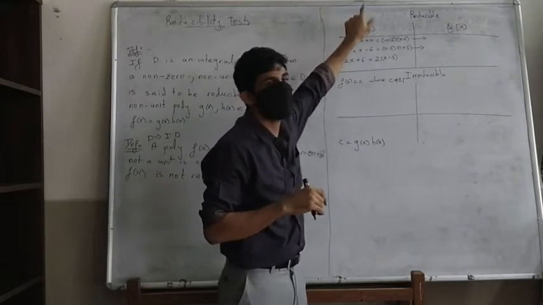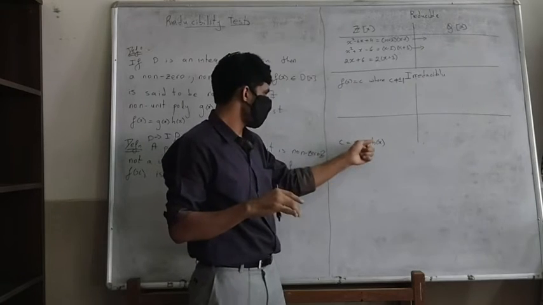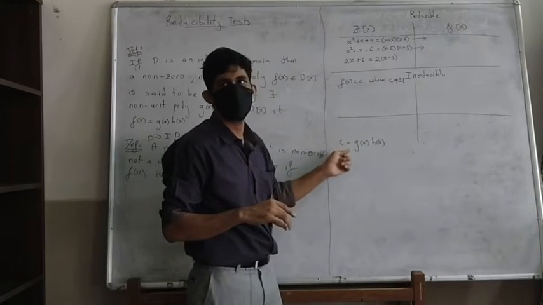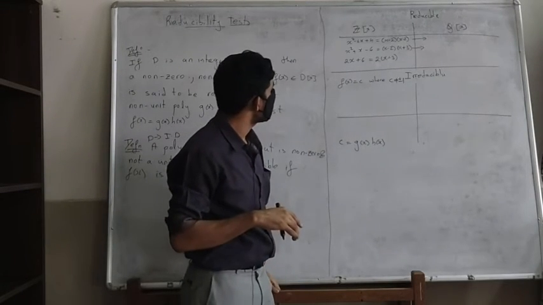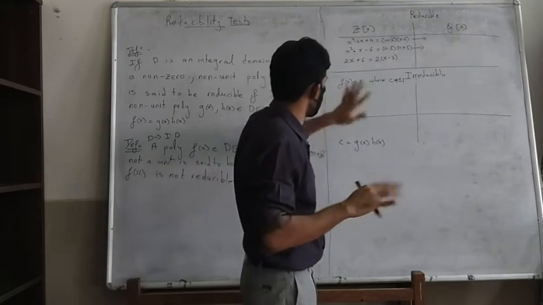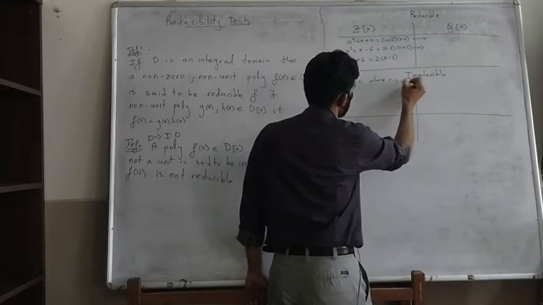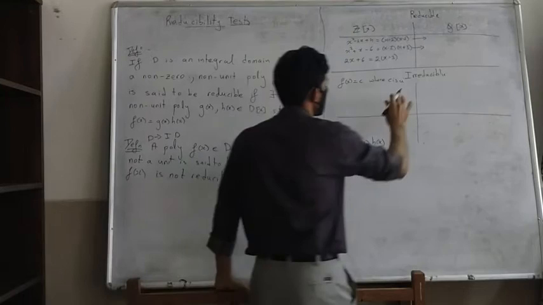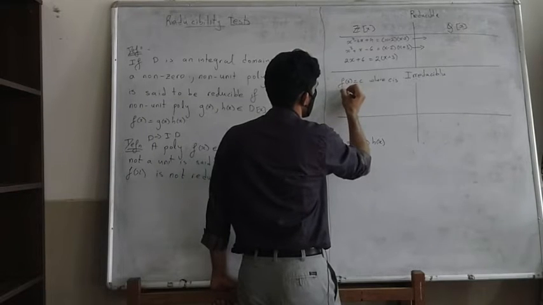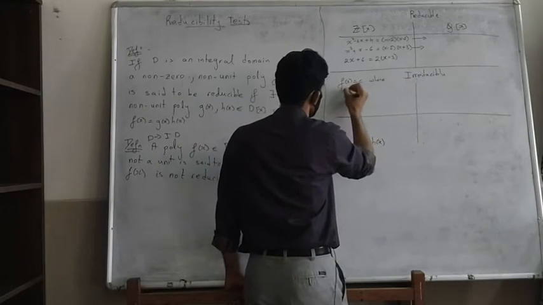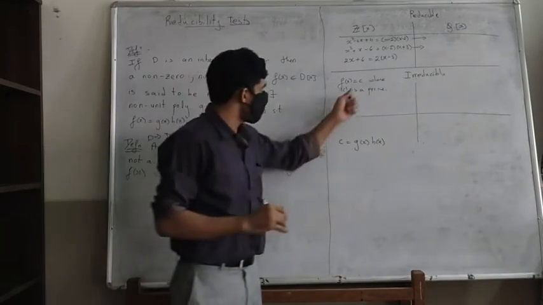Since Z is an integral domain, Zx is an integral domain, it will force that the degrees of g and h are also 0, because the degree of g plus the degree of h should be equal to the degree of c, which is 0. Oh, I'm sorry, you're right. This is not true. This c is a prime. Irreducible, right? Is irreducible. Thank you. Or I'll say mod of c is a prime. As she said, we will. So that's a nice one.